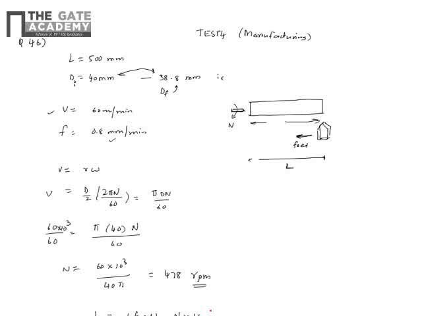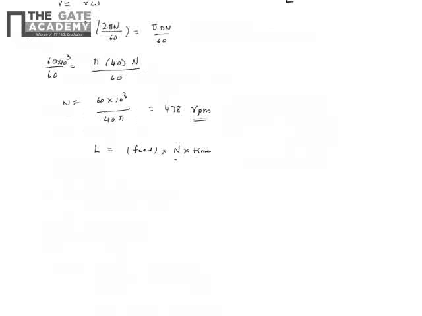That is because feed is for one revolution. Okay, so this is for one revolution, it takes this much time, and this is basically feed per revolution. So feed is given as 0.8 and the number of revolutions is,